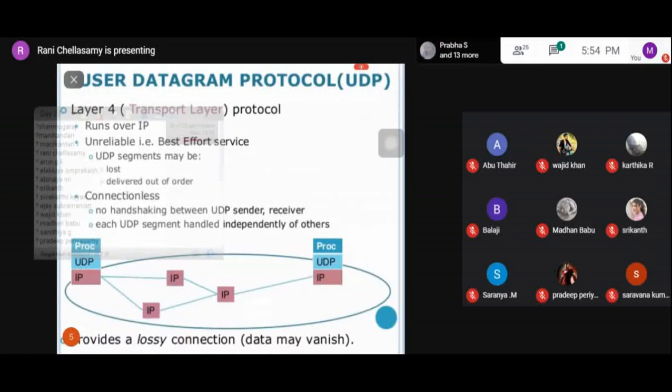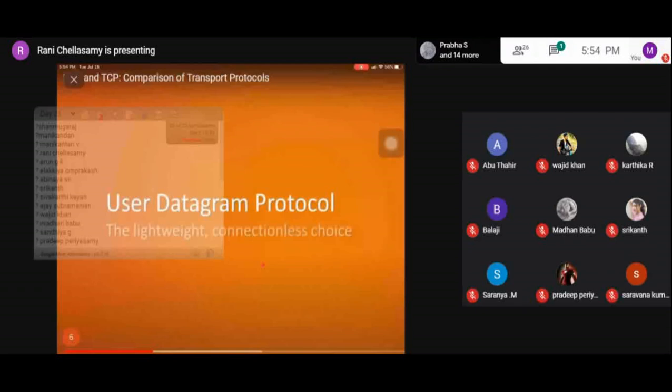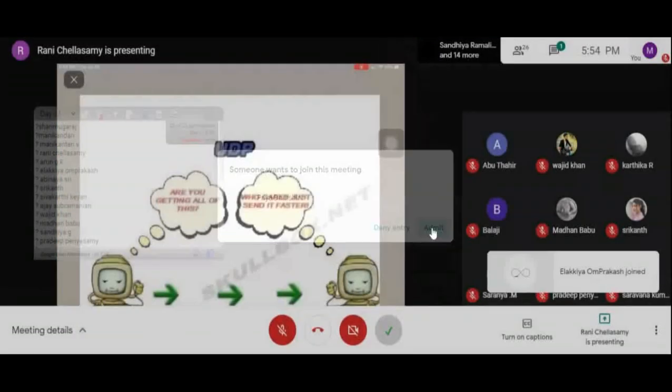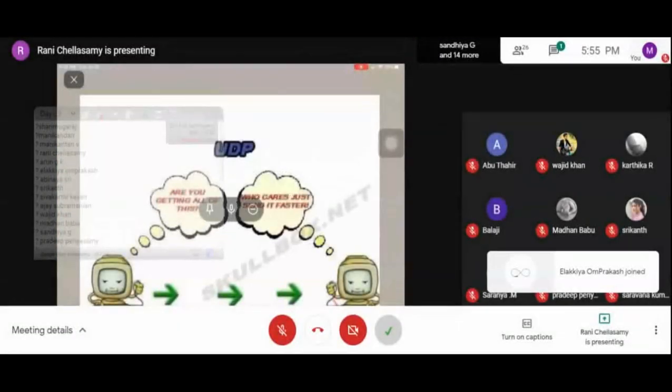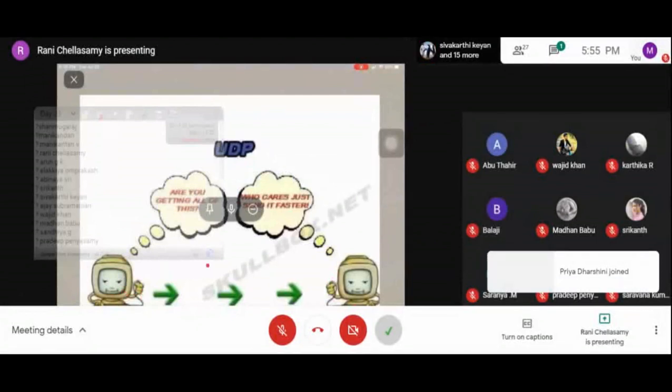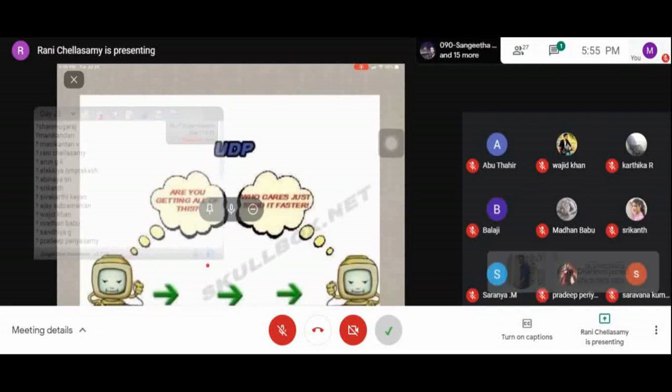We also call UDP a lightweight protocol. Here you can see clearly, this is your client machine and this is your server machine. The client will keep on sending the packets, and the server will be receiving, but it won't acknowledge to the client.